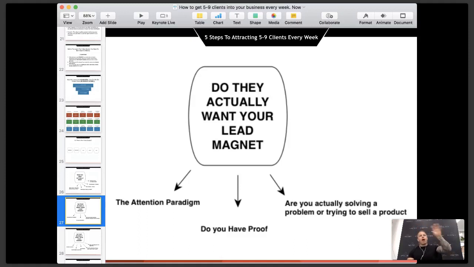So the attention paradigm is here. It's like, are you educating your marketplace in sports performance? For you, Austin, are you educating them why they need to choose this? If you're talking about cricket, why this cricket bat is better than X cricket bat? Why these pads are better than those pads? Are you actually educating them? And the next one, do you have proof? So for you, proof is, you could have credibility and celebrity people using those cricket pads in the education. So all of a sudden you're buying that trust and that celebrity status.